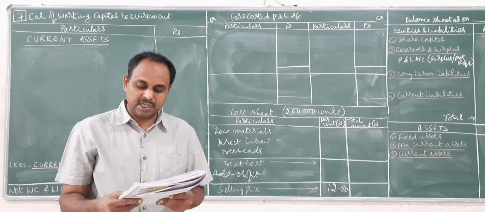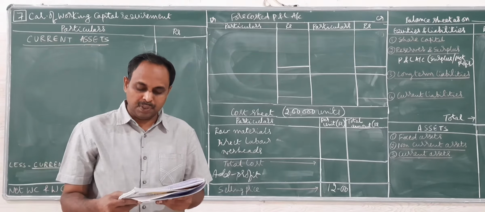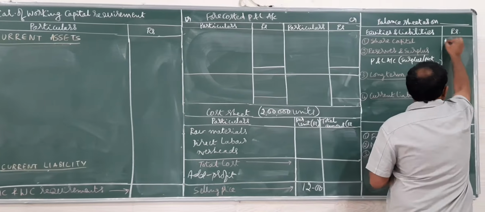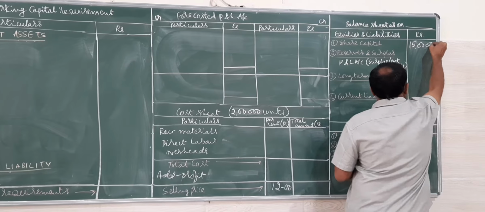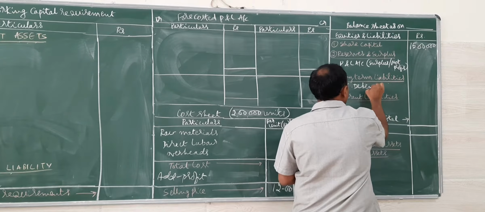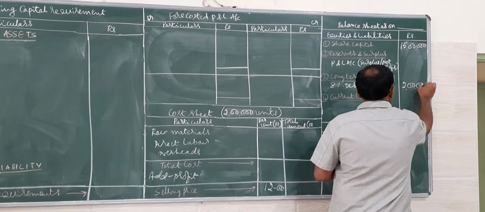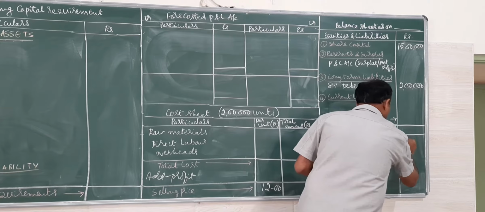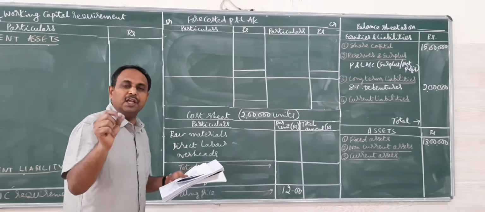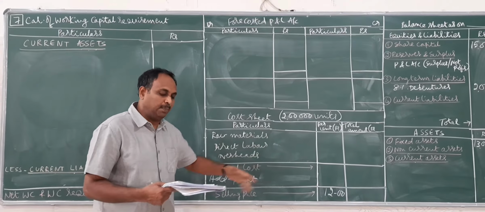You are required to prepare a statement of working capital requirement, a forecast profit and loss account and balance sheet of the company, assuming that share capital is rupees 15 lakhs. So in the balance sheet we will fill it: share capital 15 lakhs, 8% debenture series A long-term liability of rupees 2 lakhs, fixed assets rupees 13 lakhs. So I have filled the balance sheet information. Before proceeding to working capital requirement, I will first complete the cost sheet part of it.